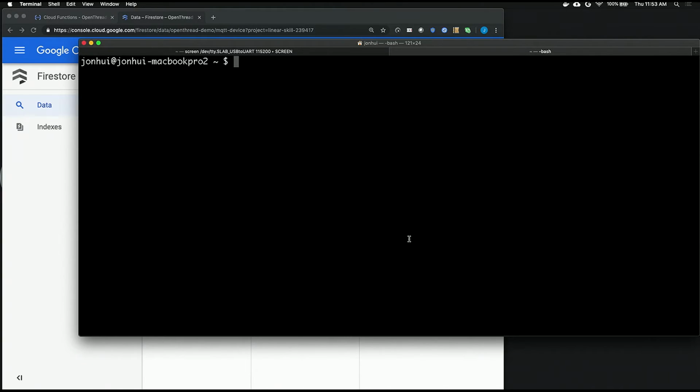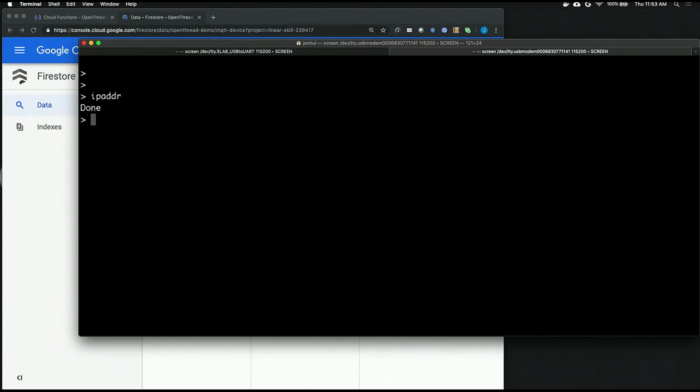Now, what I have also attached to my laptop is the MQTT endpoint. So I'll open a terminal there. Remember this is an embedded device, so it doesn't even have a proper terminal, but it has a very simple CLI. And I do IP-adder to list its IP addresses.